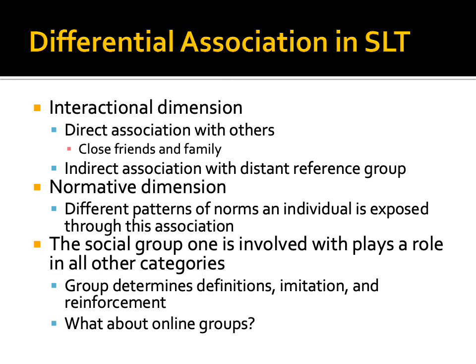This association is also a normative dimension. So there are different patterns of norms an individual is exposed to throughout this association. So for example, both my parents have advanced degrees, my older brother has an advanced degree, and my two best friends have advanced degrees. Because of all of that, the norm in my family as well as my friend group is to get an advanced degree. Now, granted, one's a pharmacist, one has an MBA, one's a medical doctor, one's an attorney. My brother's got a master's degree in history. So there's a bunch of different types of advanced degrees, but in general, the norm is you don't just stop at a bachelor's degree in my direct group, right? Even my wife has a master's degree.